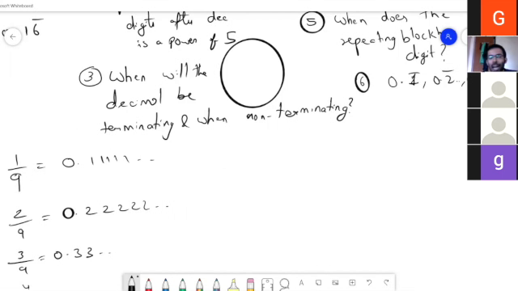Bhageshri ma'am, your conjecture. So conjecture in math means a guess. So we do not know if it's correct or not as of now, but you're guessing. There have been lots of conjectures in math literature, in math history. So Bhageshri ma'am has made a very interesting conjecture on when the repeating block will have size of 1. Yeah. So Bhageshri ma'am, can you just try to see why that is the case?